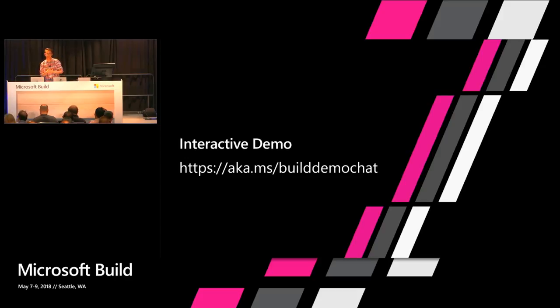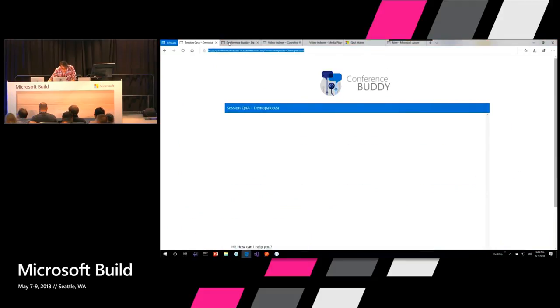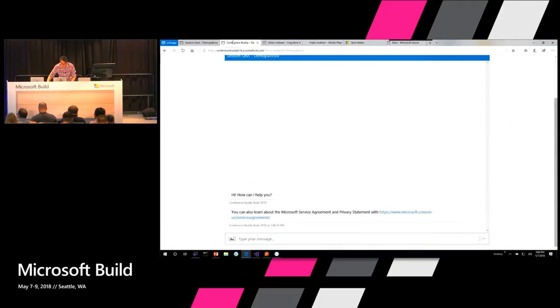Please take out your phone, or you can use your laptop if you have that. Go to aka.ms/build demo chat. And what you see on that is a web chat that you can now send in and let me know what your favorite moment in Build is. And we'll try to see if we can populate the entire dashboard as quickly as we can. So it's aka.ms build demo chat. If anyone has a problem, let me know. All right, so let's see. Switch it back to this. And then you will see a web chat here like that, and you can send.